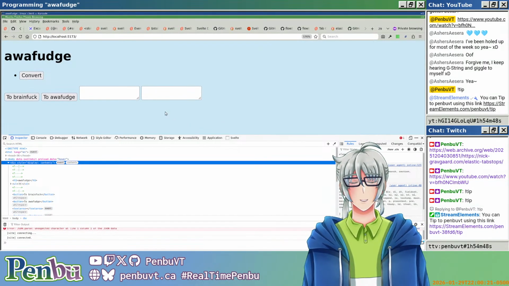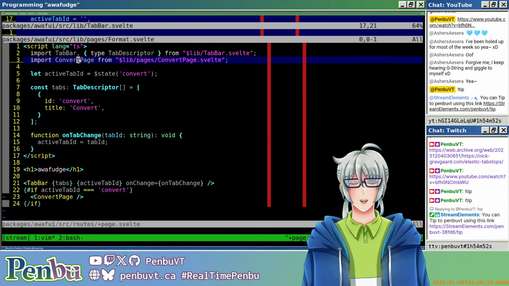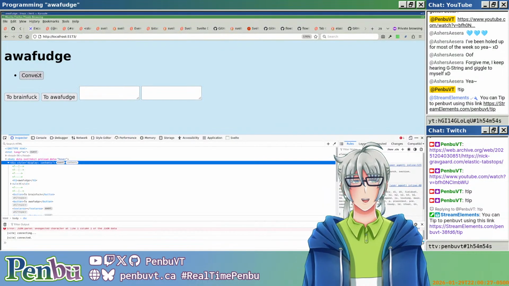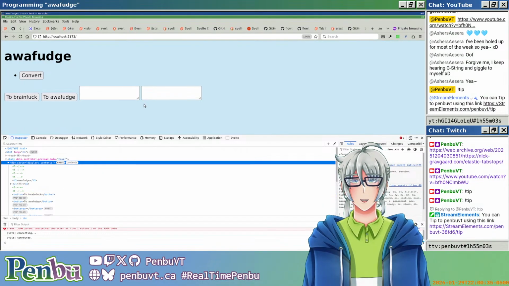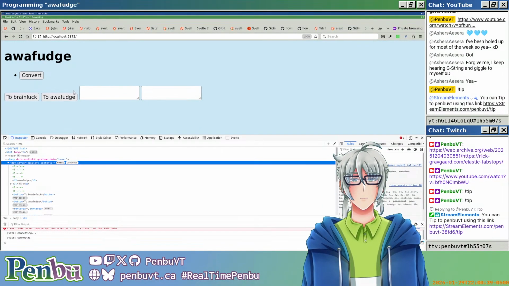What are we working on? We're trying to get... well, we did all that so we can get a tab bar. But we don't have any other pages, so we can... I think maybe what I would like to do is I should consider styling this first. And then make another page. Because then